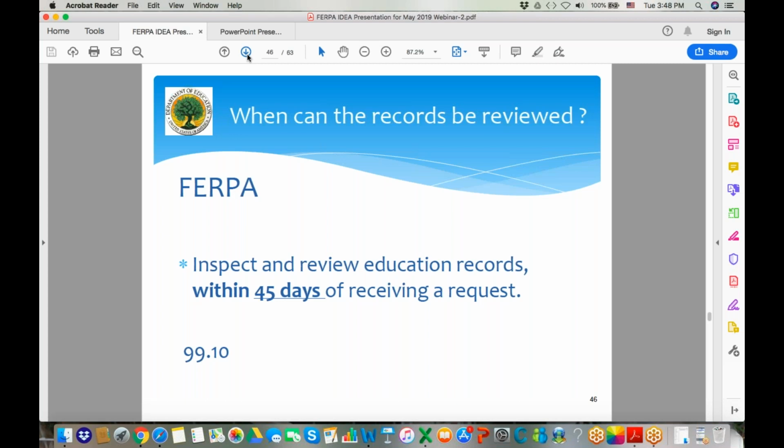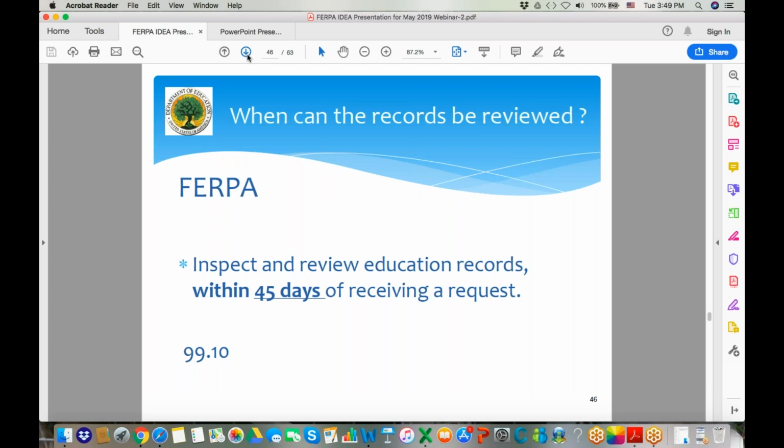Now, we do have one stipulation on that. If the parent lives outside, and we typically say normal commuting distance, so if they've moved and they now want access to records, that may be a situation where a school would provide copies to a parent, but typically under FERPA, they're not required to. We're seeing a lot of that now with the online school portals. Instead of providing copies to a parent who's long distance from the school, they will give them access so they can view the records electronically. So under FERPA, right to inspect and review within 45 days.